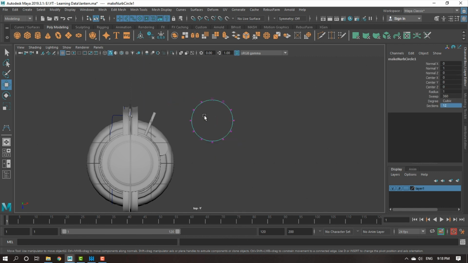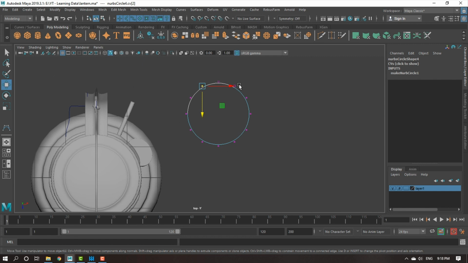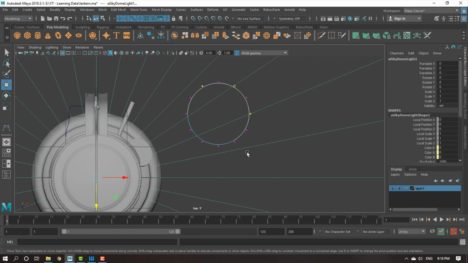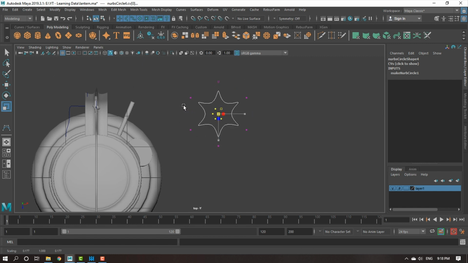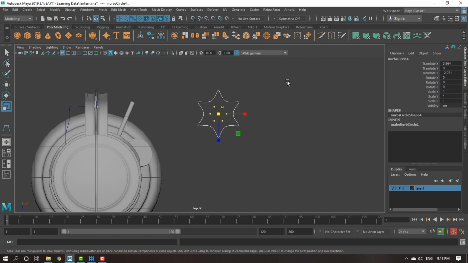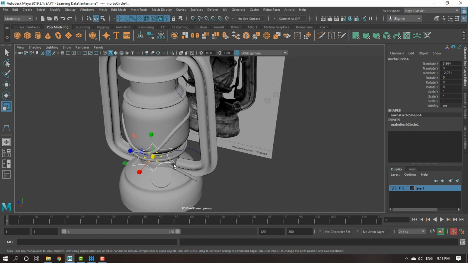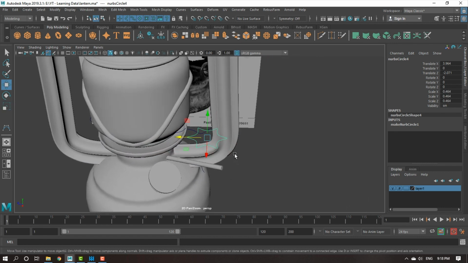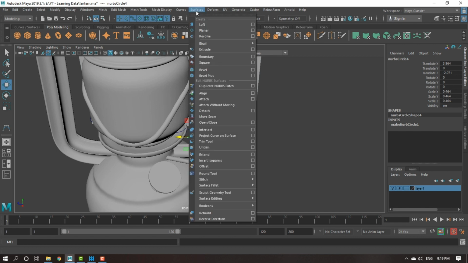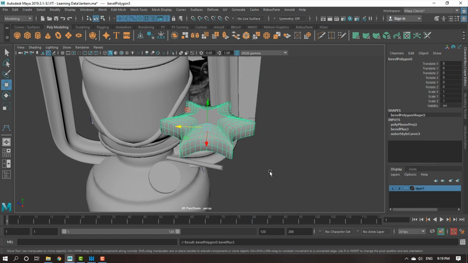Then right click, control vertex, and let me hold this alternate ones. I'll do like this, something like this. Then I'll go to surfaces and I will say bevel plus.